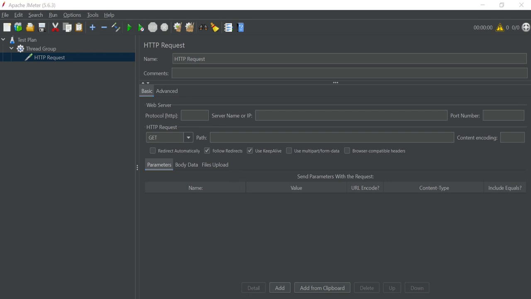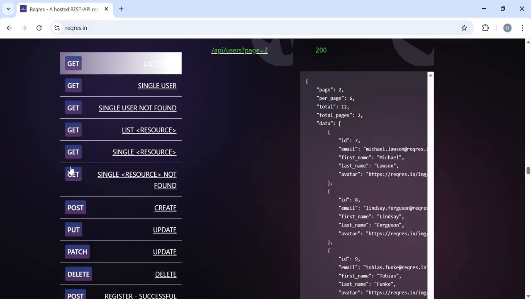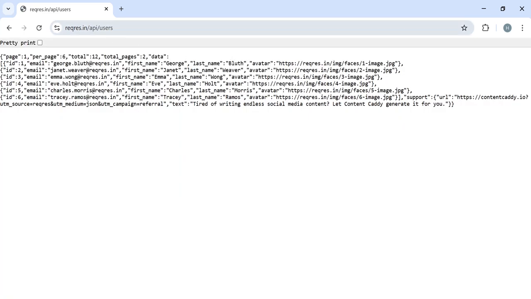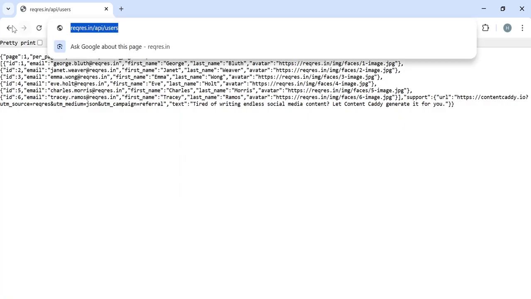So open the Chrome browser, and this is the API for creating users. We need to pass name and job, and we will get a 201 response code, resource created. If you create a new resource, you will get a 201 response code. It means the resource was created successfully. And here post is the method, and we need to pass these details in our request. So click on this URL, copy this complete URL,